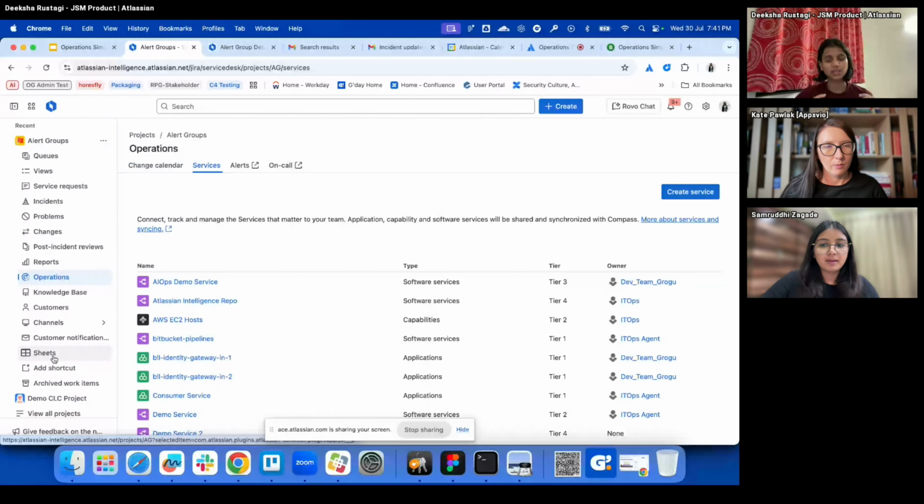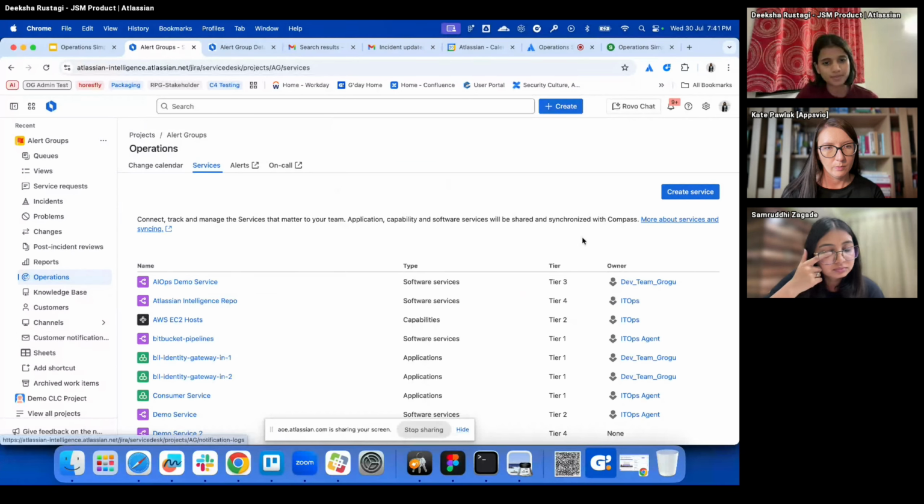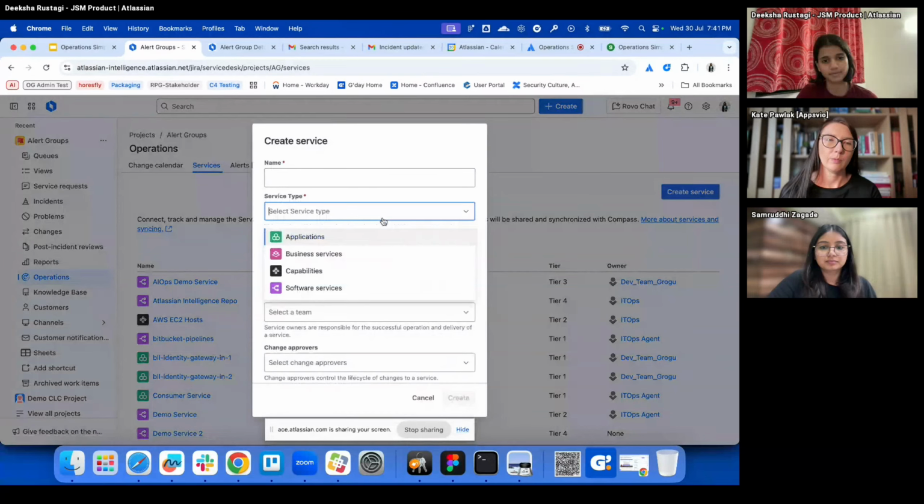We recommend that all your impacted services that are being added to the alerts are correctly configured from your operations section in any project. Services are not mapped to any project, they exist for your site all in all. As you can see, there are 4 types of services available today in Jira Service Management: applications, business services, capabilities,